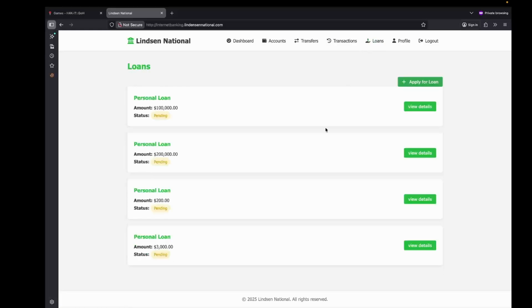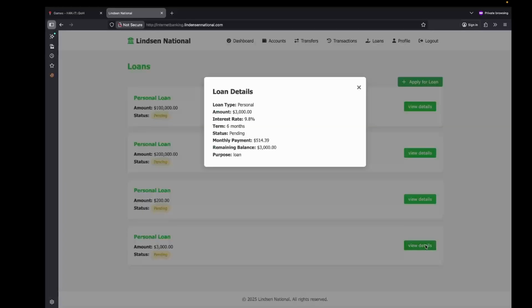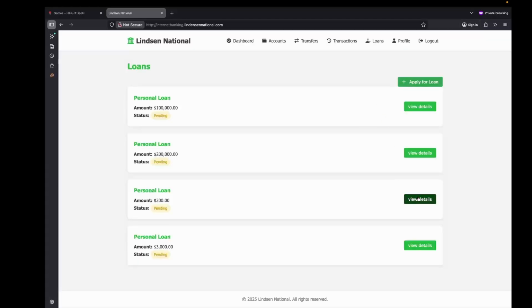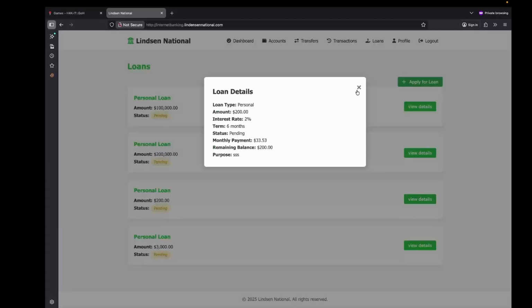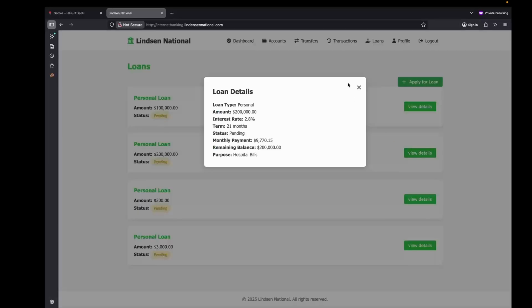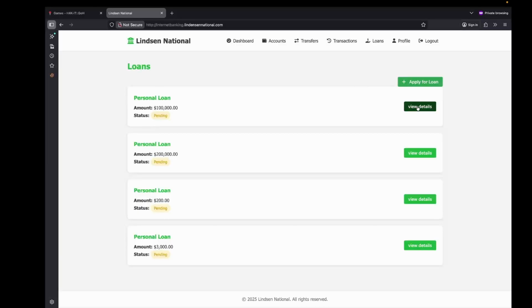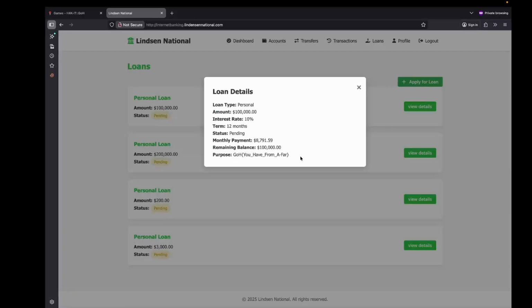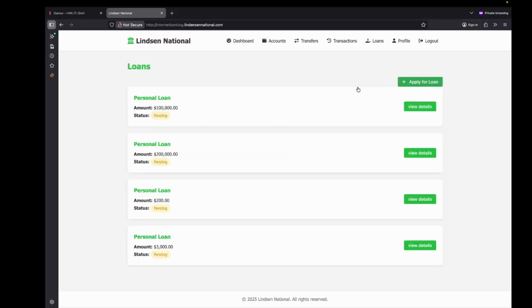We can check on the loans, we can check on the details. We actually don't have much. Nothing as of now, and we have one personal loan here that has the flag. So this is the final flag. Interesting.